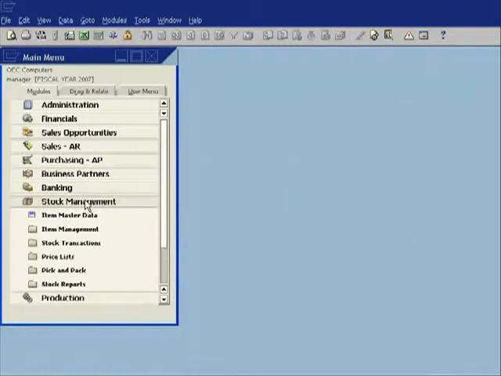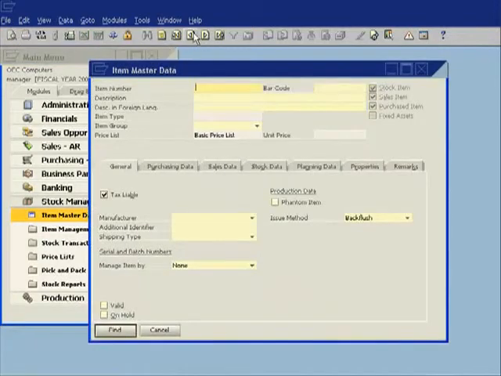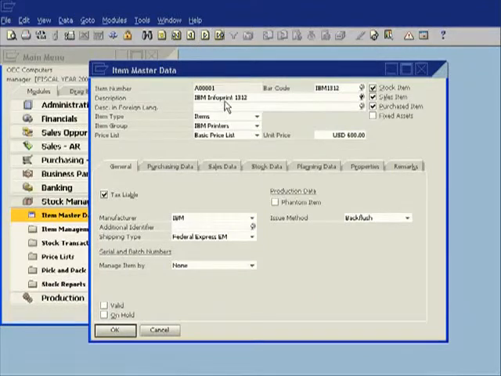Let's say, for example, I am managing a complete quality process, and I need to record a variety of different activities against my inventory items. So let's go and call up one of my inventory items. In this case, I'm going to pick my IBM Info Print 1312. And let's say part of my quality assurance process is that I have to do random checks on my inventory items. So what I'm going to do now